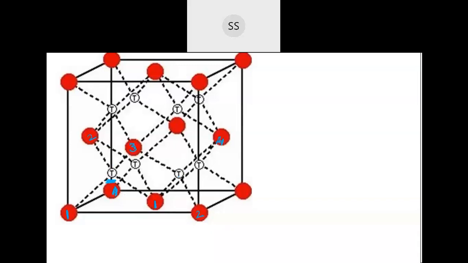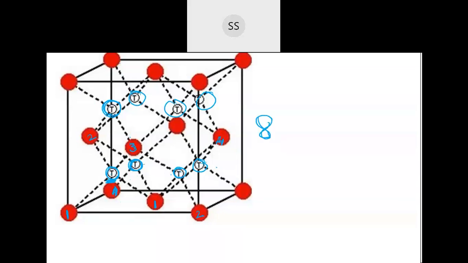Like that you will get one more behind. So this is 1, 2, then 3, 4. 2 are in front and 2 are behind. So you can see here 4 are formed. Like that above also, these 4 atoms will touch together, so you will get 1, 2, 3, 4. So how many total tetrahedral voids are formed? 8. So you have to see this picture and understand.